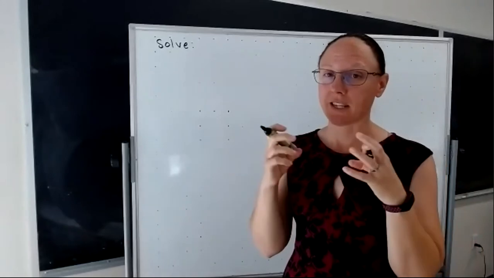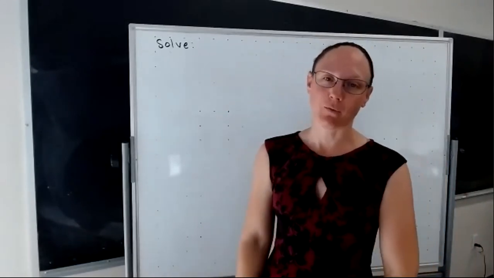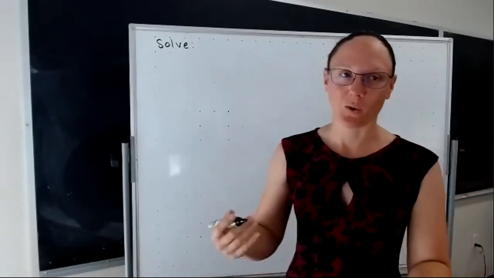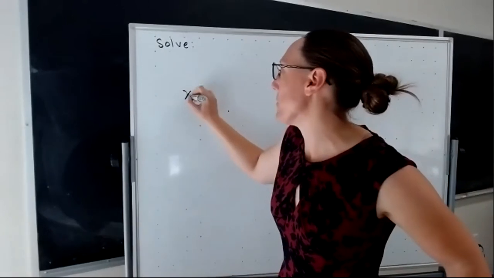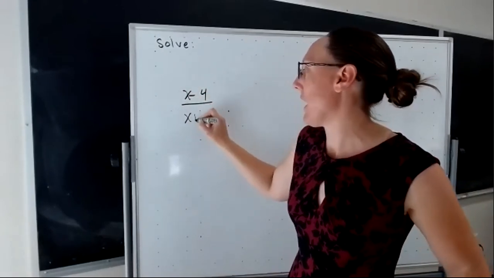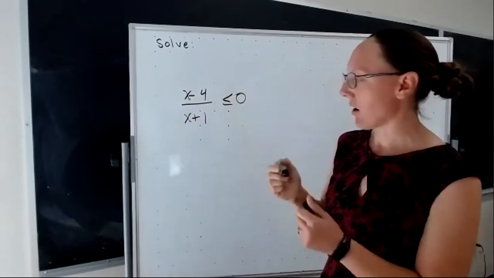So far we've been doing things that factor with multiplication. We can use this same trick even if we've got rational expressions, or some kind of division-y thing going on. So if I have (x minus 4) over (x plus 1), and this is less than or equal to 0,